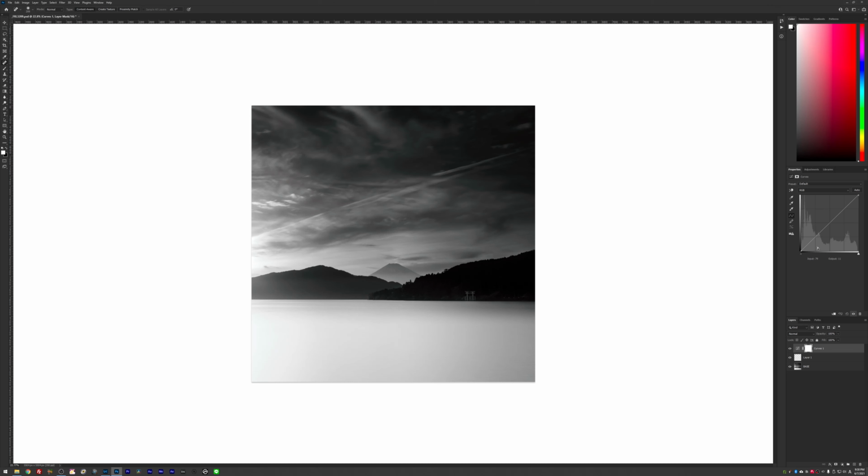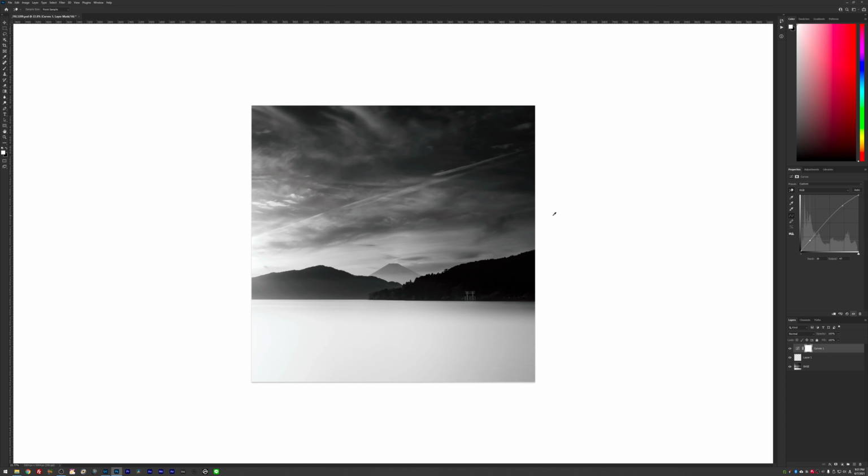So, and I think overall this image is quite dark, so I'm going to try and lift it up a little bit. So I can click on this icon here. So whenever I click on the image, I'm going to select that range of brightness. So I can go where the image is quite bright, like here, and get a point and brighten it up, like so. And I don't want to overdo this, so I'm going to get a point in the shadows here, and I'm going to bring that back just a little bit.